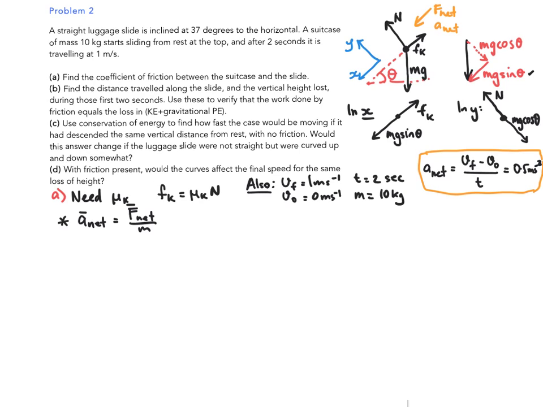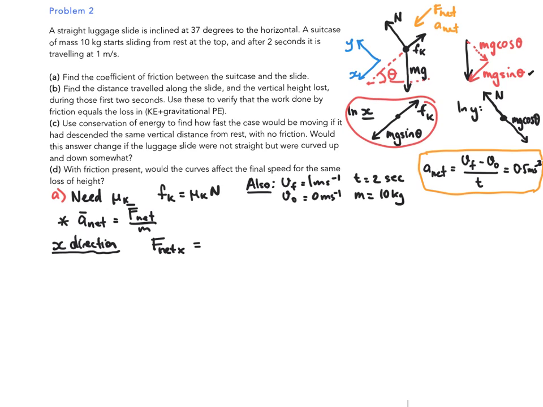So let's have a think about our motion in the x direction. We're going to have to use both of these directions to extract two equations that contain our two unknowns, for normal and for mu. So let's have a look at the force in the x direction. The net force, call it F net x, is in the x direction. Looking at our force diagram in the x direction, looking at this guy here,